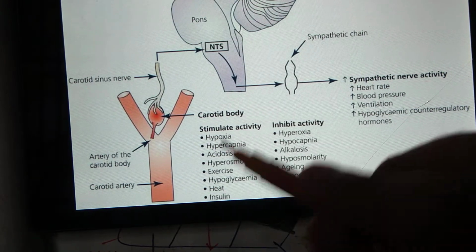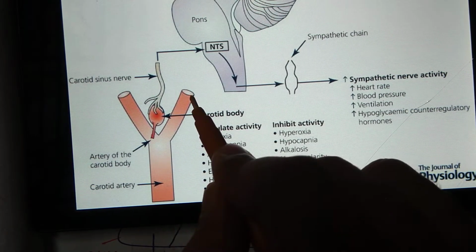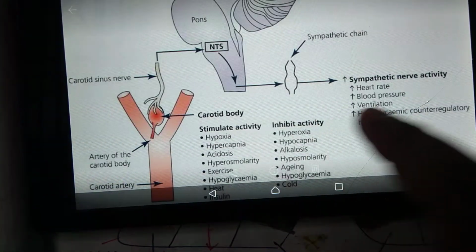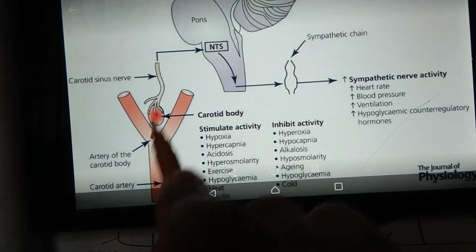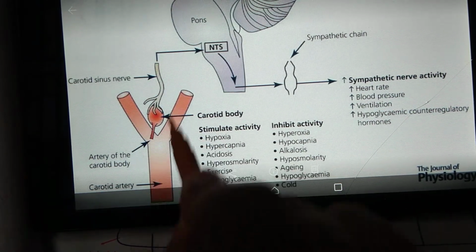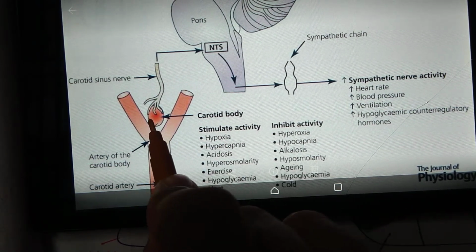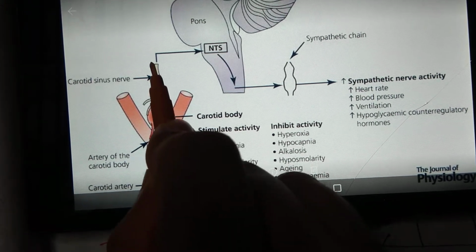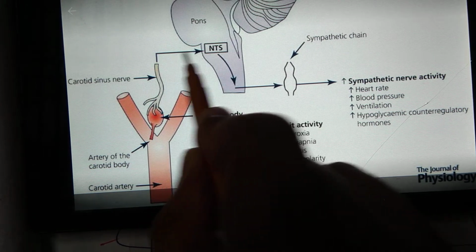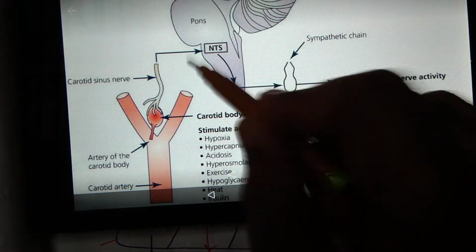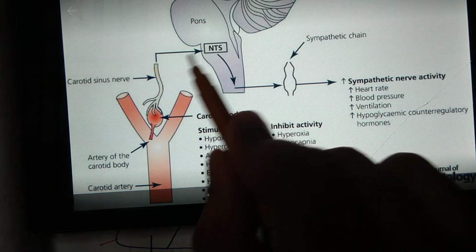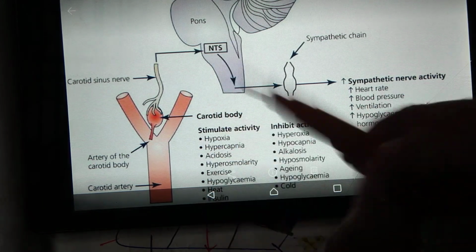So when hypoxia, hypercapnia and acidosis stimulate the carotid body, it causes firing of the carotid sinus nerve, which activates the nucleus tractus solitarius of the medulla. Okay, fine. Now